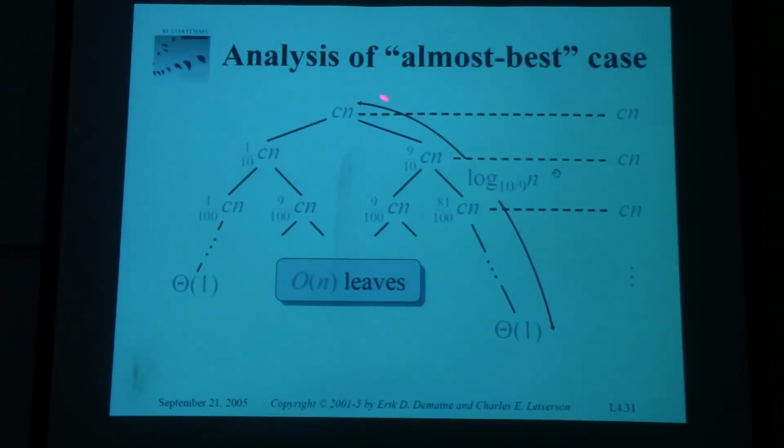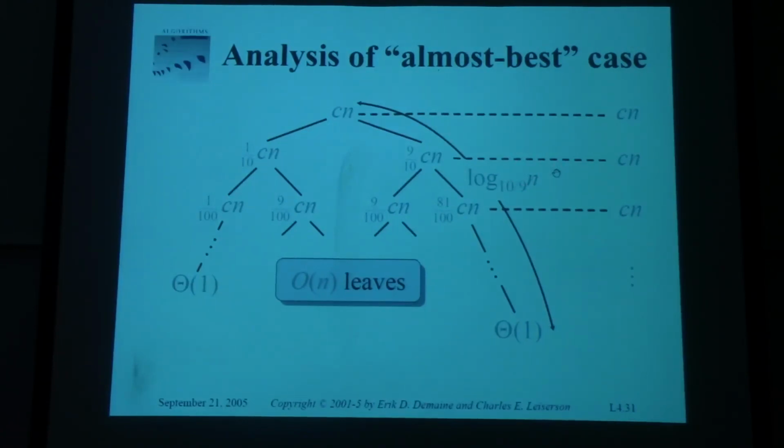But look over here. The height of this tree is log base 10/9 of n. Which means that the height of this tree is still logarithmic in relation to n. Now it's not log base 10, it's 10/9, which means the number will be bigger. Because if n is, for example, 1,000,000, 10/9 has to be raised to a much higher power to make 1,000,000 than 10. To make 1,000,000, the log base 10 of 1,000,000 is 6. But the log base 10/9 of 1,000,000, well, that might be,